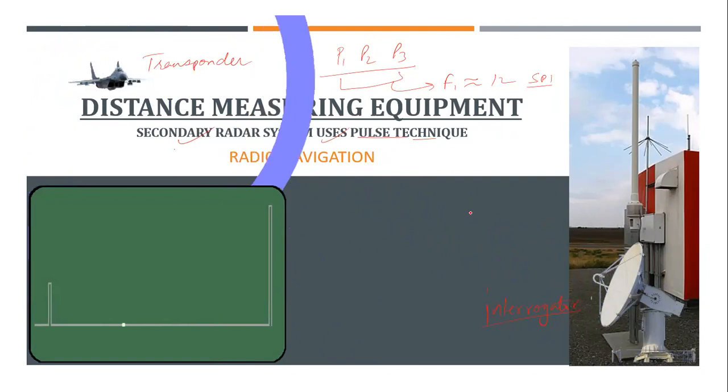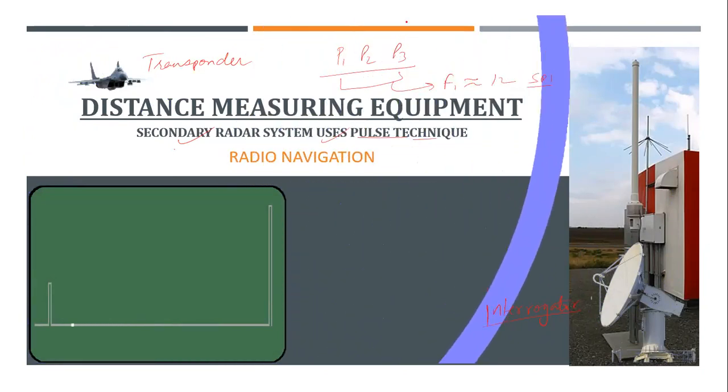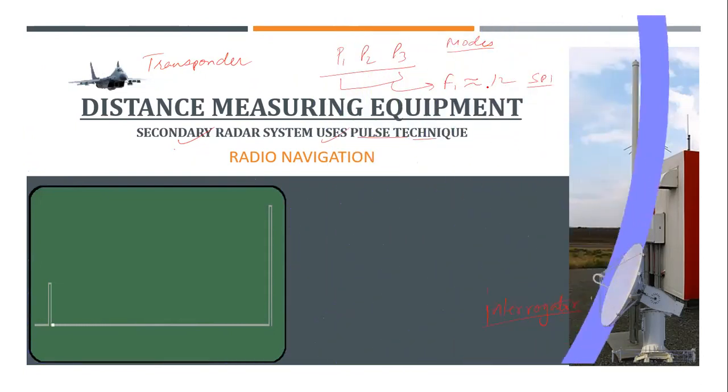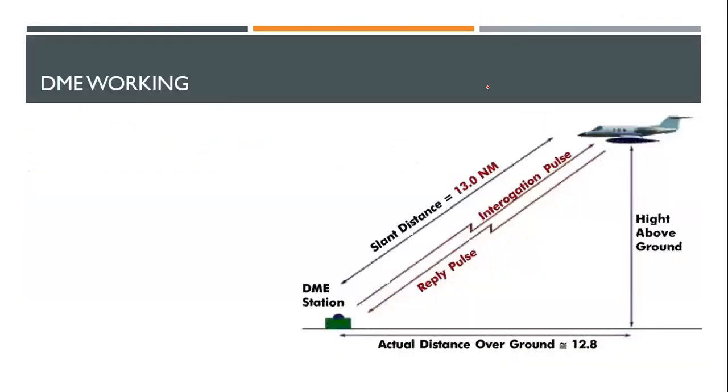Other than the SSR, because it was really complex, because there were many, many modes and different aircraft had different utilization of these modes. So we had to make it somewhat complicated. But DME is very, very simple. We'll see how. The working is simple. We use the Pythagoras theorem to calculate the distance if we are asked in the exams. Otherwise, the simple method of calculating, the instrument works on calculating the slant distance.